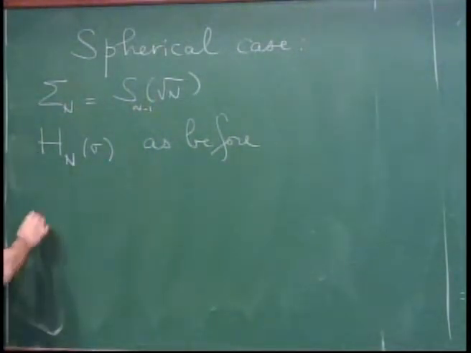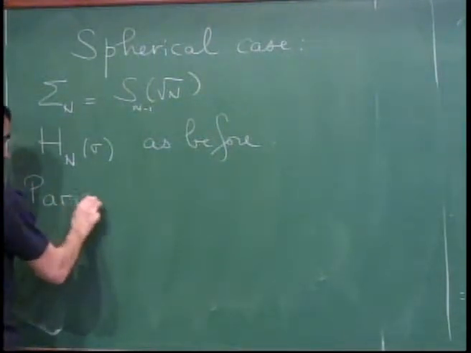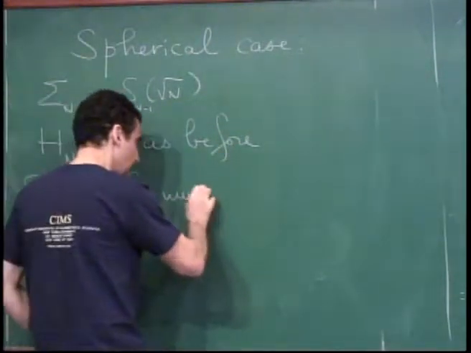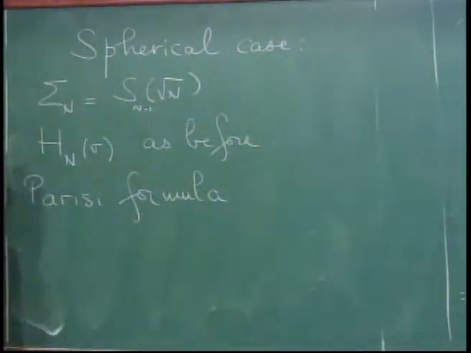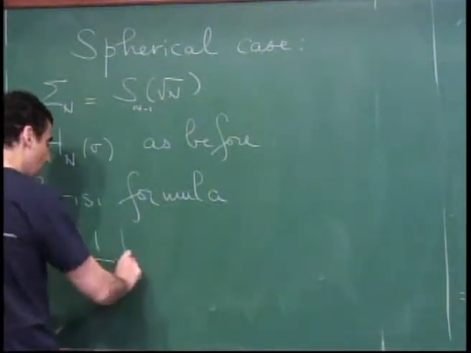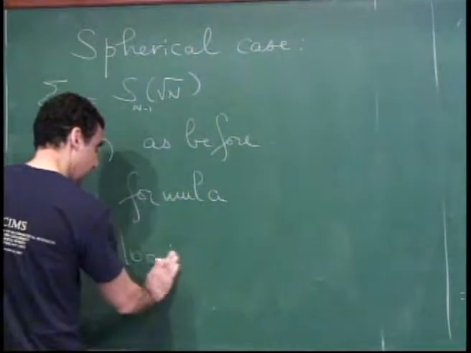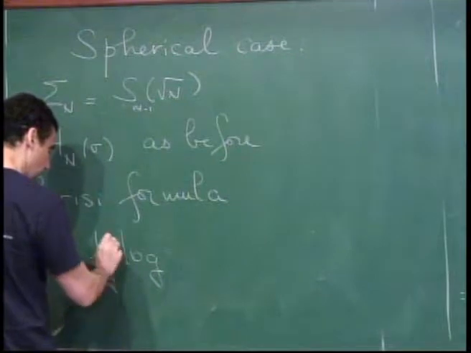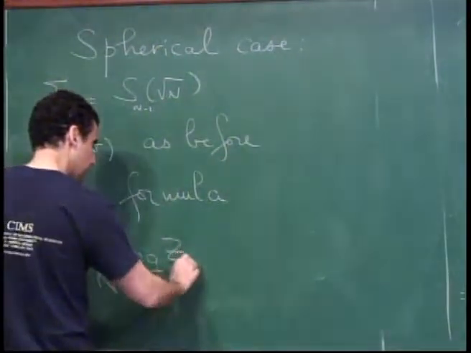The theorem is now of the same nature, so the Parisi formula is also correct. And the formulation I will give is due to Crisanti and Sommers. The proof is due to Talagrand in a special context and to, is it Chen or Panchenko and Chen? I forgot, in the general context. Just Chen, yes, Chen. So, and this is very, very recent. It's still a preprint, I think. So the Parisi formula is of the same nature. Limit of 1 over n log. Oh, I'm sorry. Expectation of log of Zn